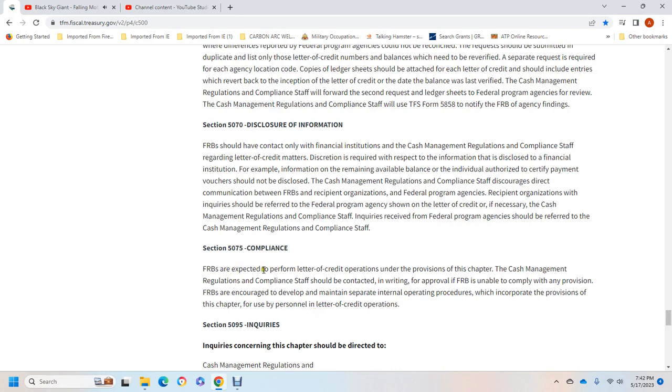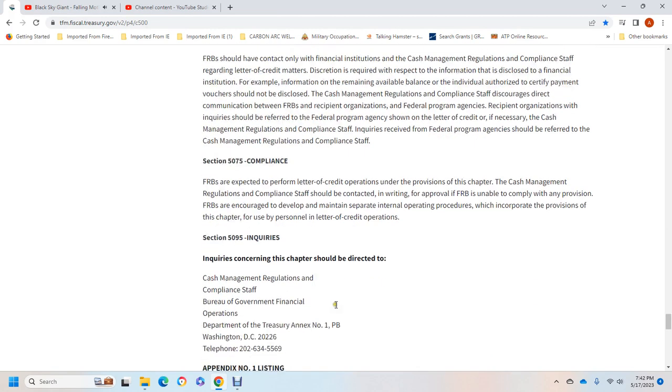5075 Compliance. The Federal Reserve Bank is expected to perform letter of credit operations under the provisions. The Cash Management Regulation Compliance should be notified in writing if the Federal Reserve Bank is unable to comply with the provisions. The Federal Reserve Bank is encouraged to develop and maintain separate internal procedures incorporating the provisions of this chapter for the use of personal letters of credit. For Section 5095, inquiries go to the Cash Management Regulation Compliance Staff, Bureau of Government Financial Operations,